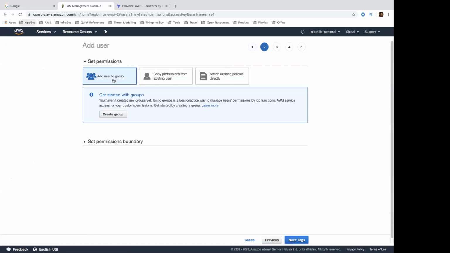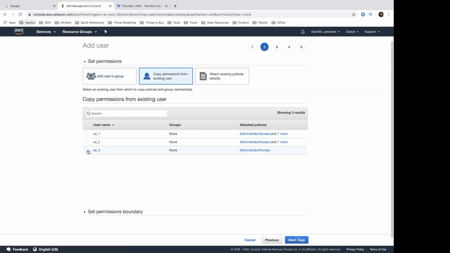I select the permissions. I could add this user to a particular group which has a certain set of permissions, or copy permissions from an already existing user. I can select whichever user whose permissions I need to copy for this. Or I could go ahead and